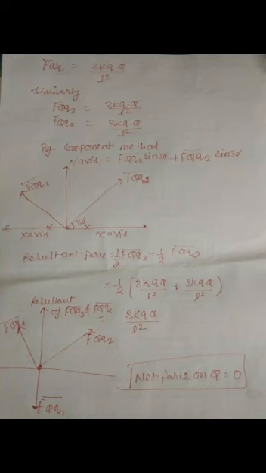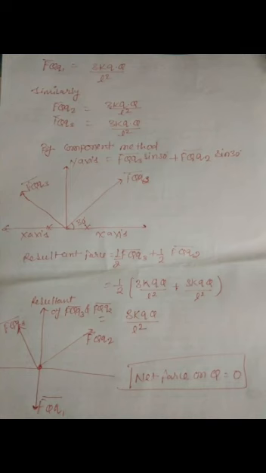Now from the component method, if we see the force FQ2, it will be divided into axes, that is the x-axis and y-axis, and similarly FQ3 will be divided into the x-axis and y-axis. In the figure you can see. Now the force on the x-axis because of point q2 and the force on the x-axis because of point q3 will cancel out because both forces are similar. So on the x-axis they will cancel out each other.